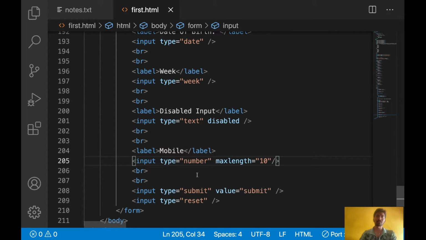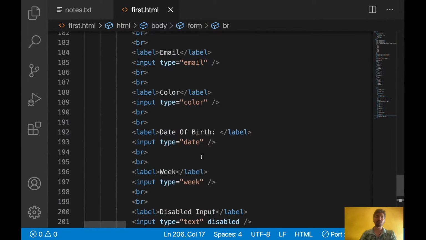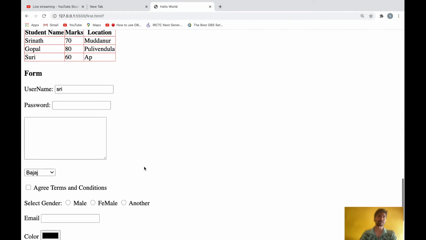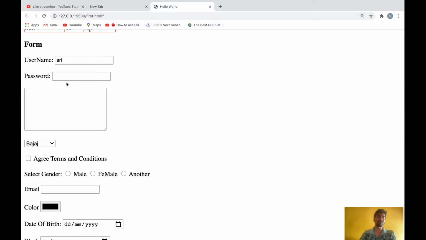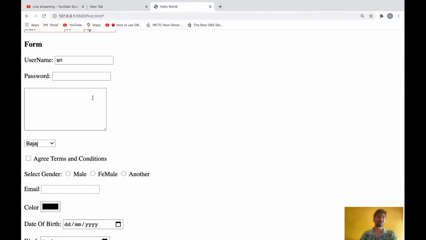So this is about the form, the complete form. What we learned inside form is very big, forms are very big to explain actually. So these are the basic things inside the form. What we learned in the form today: input type text means some plain text you can display.